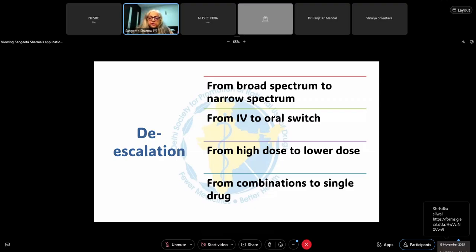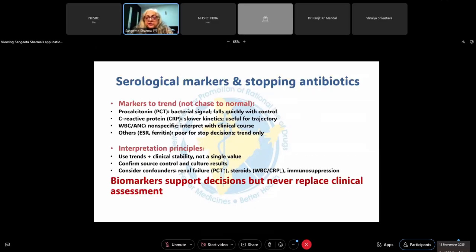Take uncomplicated cystitis, particularly in a woman. Now the treatment duration says 3 days is enough. So like that, there are guidelines for duration. If we have prescribed an antibiotic, we should try to optimize the duration. Especially if you have given an antibiotic just in case, it should never be extended. That treatment should be stopped as early as possible. If you make the diagnosis and you know that this is viral, you should stop that. So stop decisions are also important.